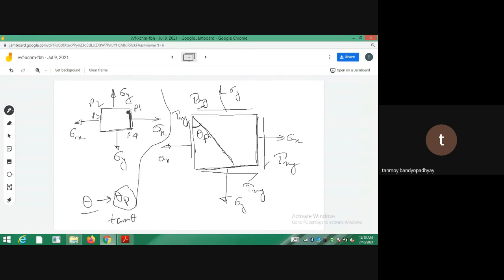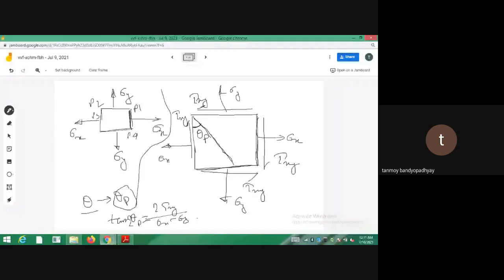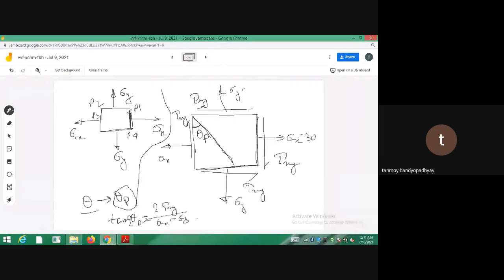So theta p depends on sigma x, sigma y and tau xy. You will be given sigma x, sigma y, tau xy. So based on the loading that you are applying, the orientation of the principal plane will change. Based on the values of sigma x, sigma y, and tau xy, you will get different orientations of the principal planes. Now in a certain problem, suppose sigma x is 30 megapascal, sigma y is 60 megapascal, tau xy is 30 megapascal. You calculate theta p, and suppose it comes to 30 degrees.